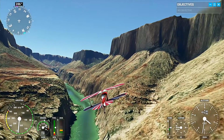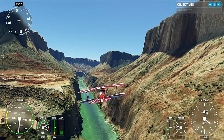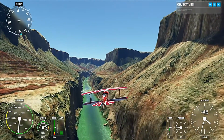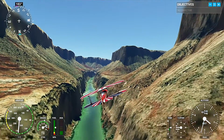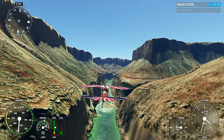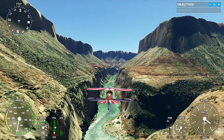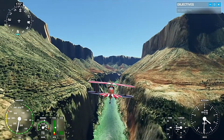I don't know how well my settings look. Everyone says this game looks amazing. I think it does from a decent altitude. I like flying low altitude, and to be honest, this is the best I've ever seen, but I mean, you're not going to get this type of scale modeled extremely accurately with the fidelity that you're...